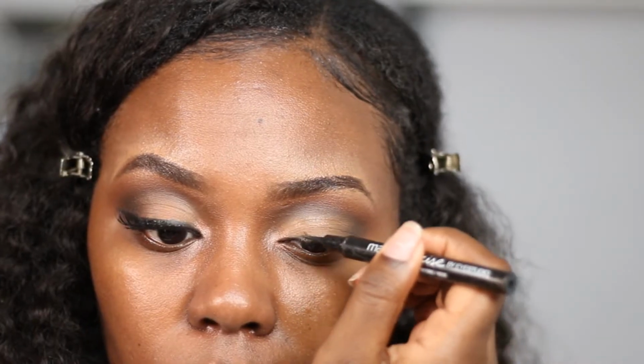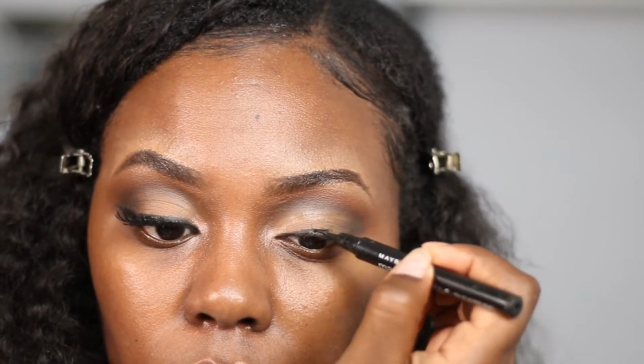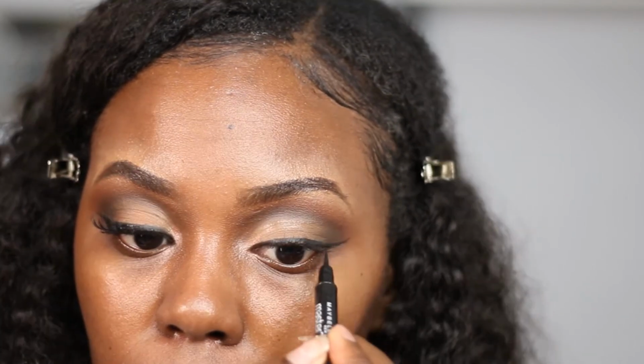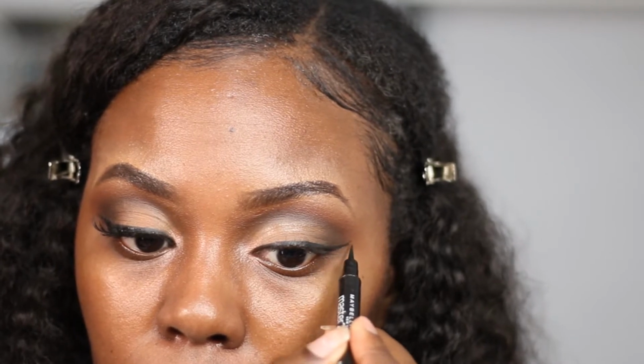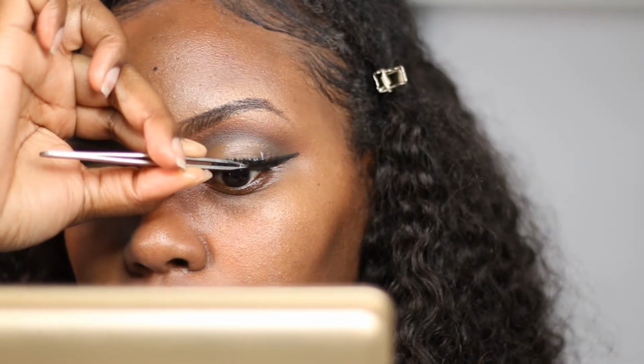Going in with a black matte eyeliner now. I decided I wanted to do a wing for this look just to make it look a little bit more dramatic. I have not found a black owned liquid liner yet,